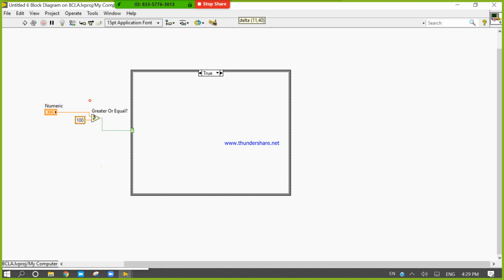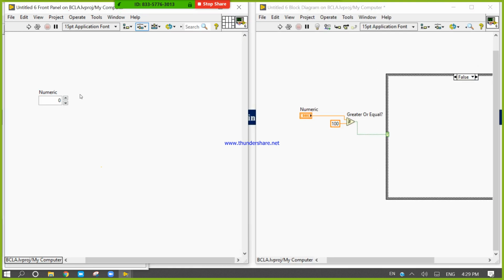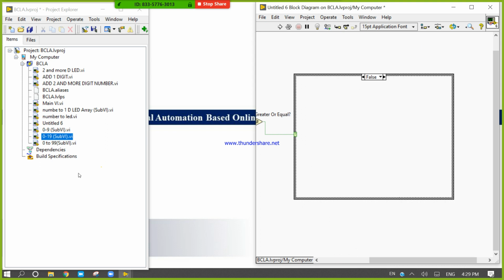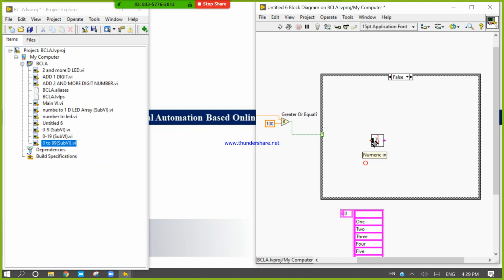In the false condition, right click, come to the false. Take the 0 to 99 sub VI for the false condition.